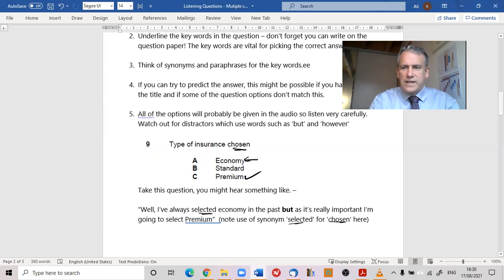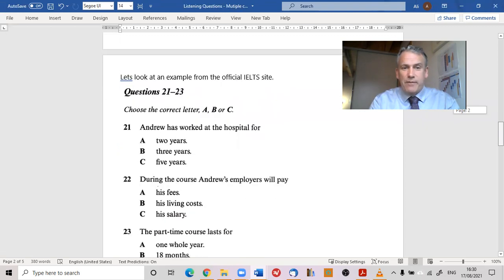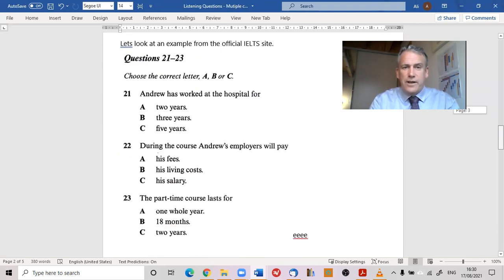Okay, so let's move on. Let's look at an example from an official IELTS site. Okay, you can see the question there. Now, what I'd like you to do is to look at that, pause the video, and think about what we've just talked about. I want you to read the question carefully, decide, is it a type 1, is it a type 2? I want you to